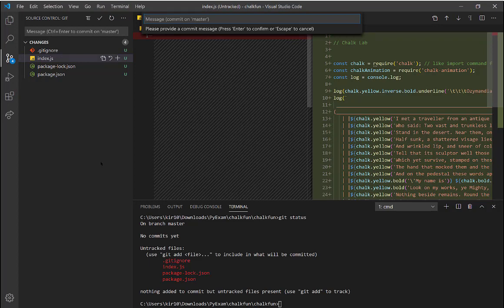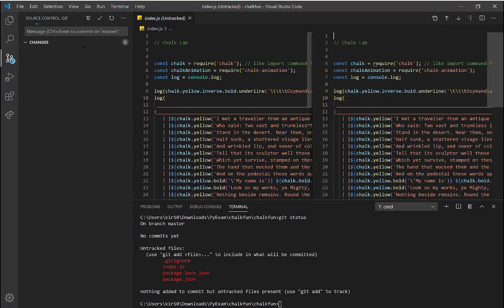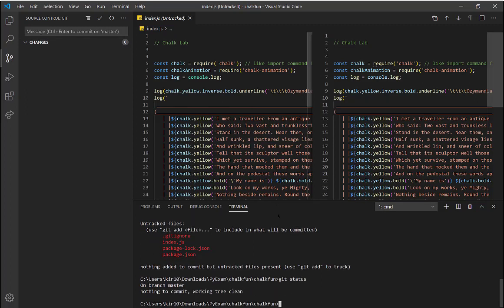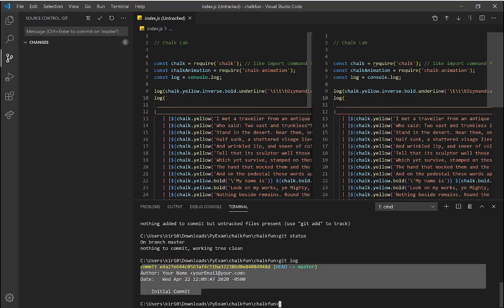And so here is my message up here. So what is the message? Well, this is my initial commit. And so now it's tracking that I have no changes. If I do a git status, everything should look clean, and I should have one commit now. Remember this from when we did it in the command line. I can do a git log, and I can see that I have not set my author name or my email address, but at the same time, you can certainly see that I have one commit,